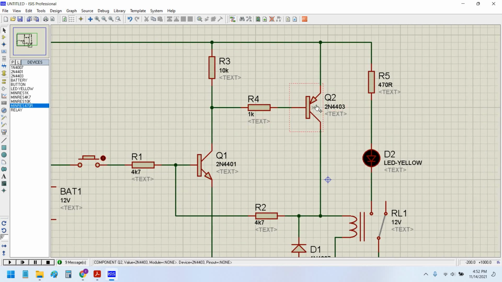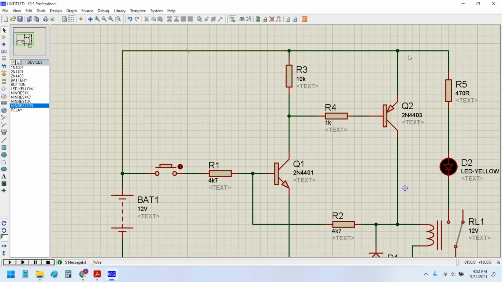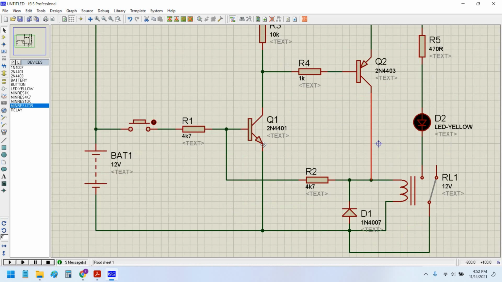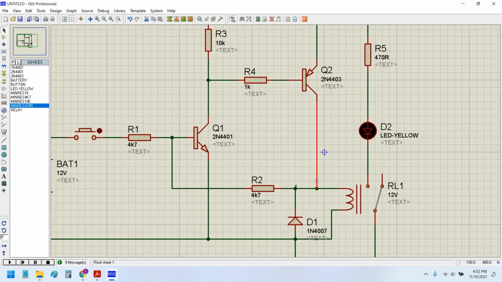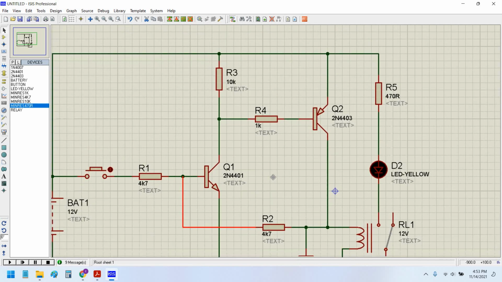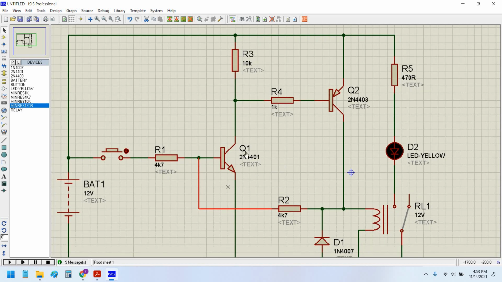Now as soon as this transistor turns on, the high supply, the 12 volt supply, would pass from the emitter to the collector here, and this collector voltage appears over here, R2, and this collector voltage would also appear over here again and over to the base. So this creates a closed loop.